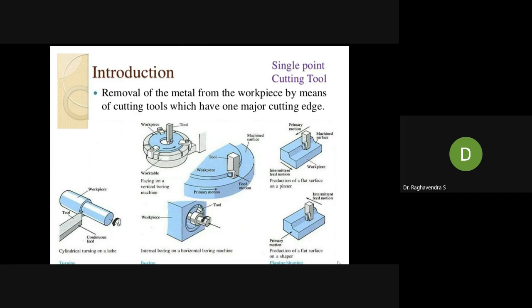If you remember the first diagram, you can see that there's a sharp, single tip edge that is called a single point cutting tool. Whereas if you go to the drilling machine, there are n number of sharp edges. That is called a multi-point cutting tool. Hope you are there with me, Siddharth. Yes, sir. In a single point cutting tool, only one sharp edge will be there. This edge touches the workpiece, and material will be removed in the form of chips whenever these two are in contact.